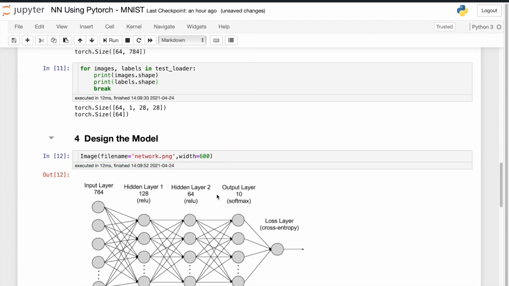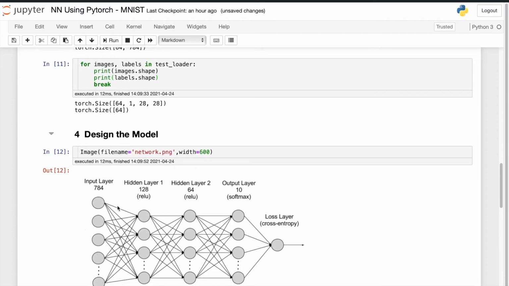So this is how our model is going to look, or this is the architecture of the model. The input layer has a size of 784. That means it can accept data with 784 features. That gets converted into a layer with 128 units, which gets converted into a layer with 64 units, and finally an output layer of size 10. Here each of the 10 corresponds to one of the 10 different digits,